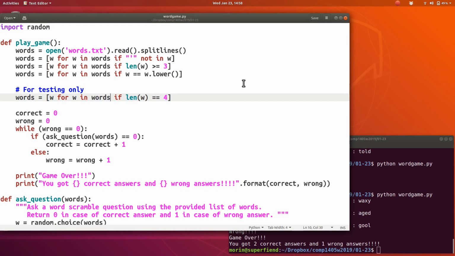Typically, even 8 letters is not uncommon, and those things become harder. So maybe we can use that in the design of this game to make some kind of progression. As you get further and further along, you get better, and you get longer and longer words. Okay, so that means that instead of taking our list that we have and